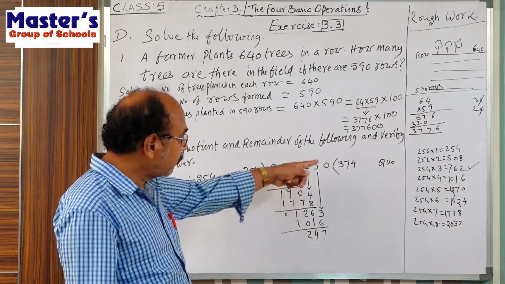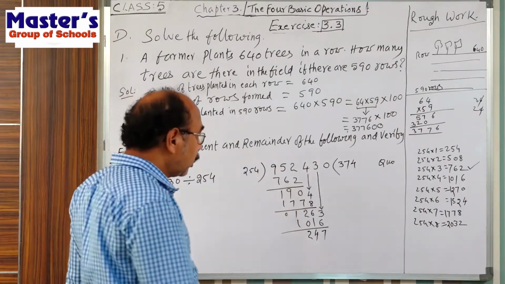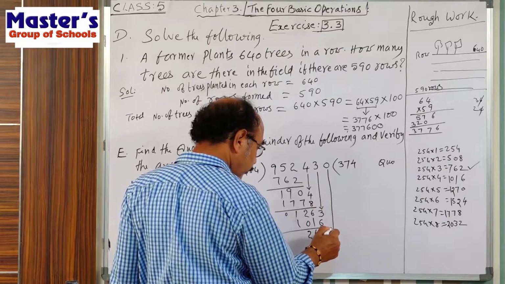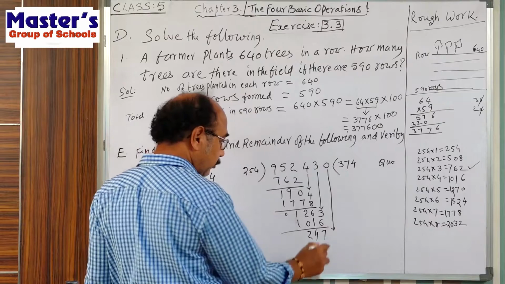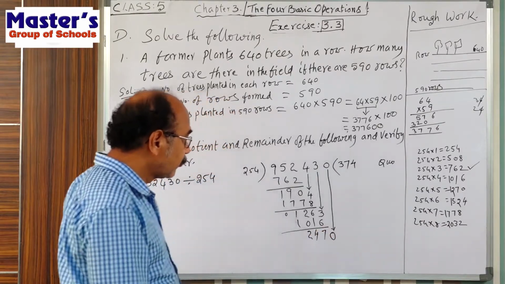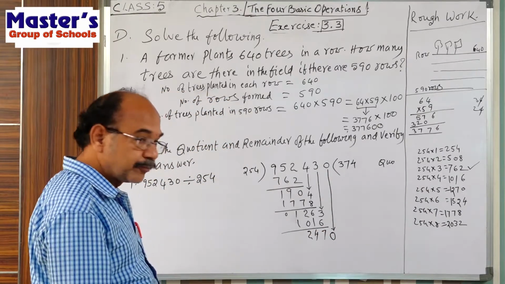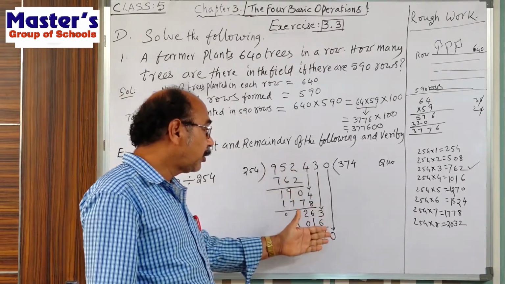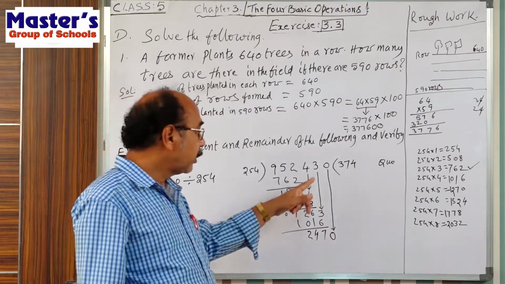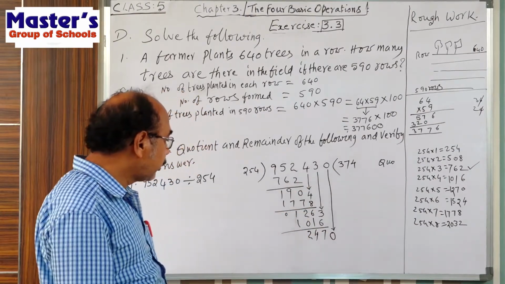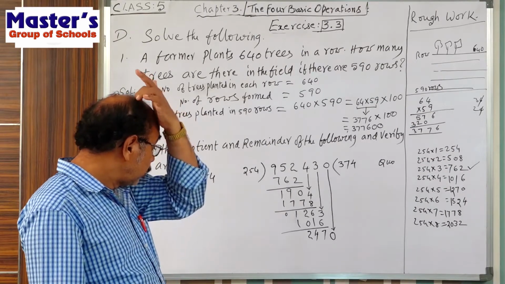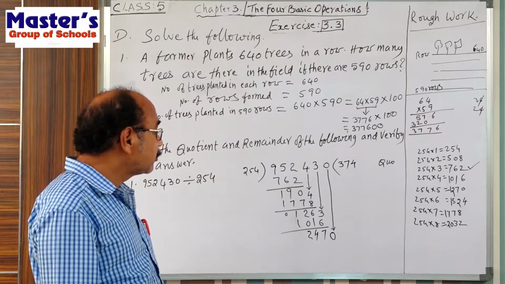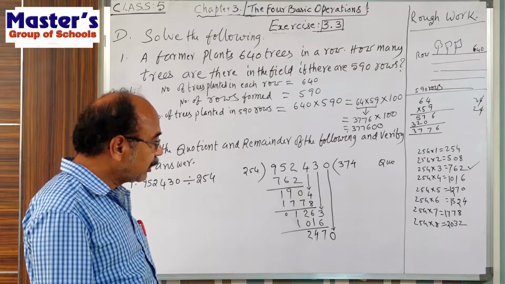Now, from the dividend, bring down the last one, 0. Okay, students, subtract. So 0, bring down. Now the number is 2470. Now how many times to divide? 2470 means...